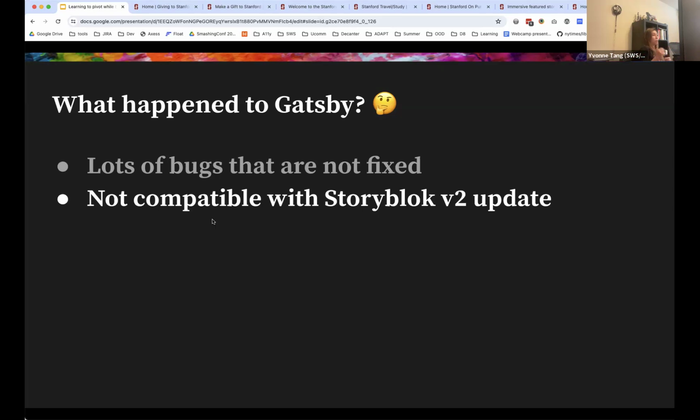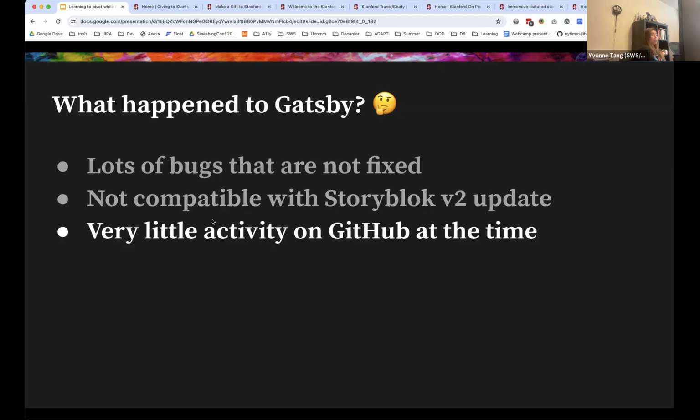The problem with Gatsby is that because not enough people are using it, it becomes not as high of a priority, for example, for Storyblok to make it compatible. So we went to the Gatsby repository and we saw very little activity. That was very alarming. We didn't actually see any meaningful pull requests. There were no bug fixes or features coming. And then we found out,